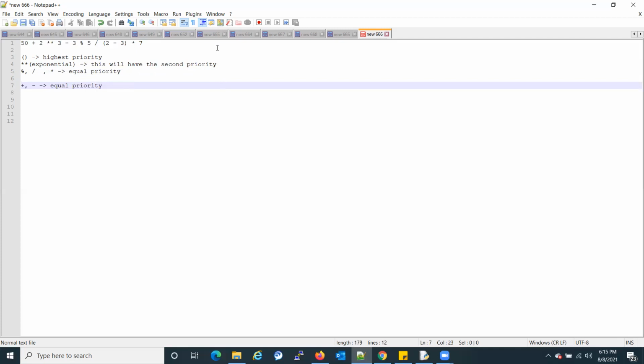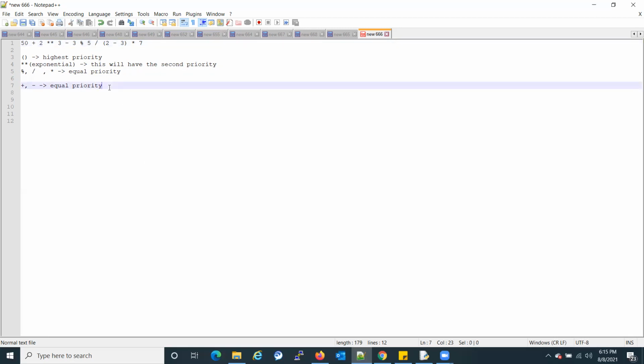When I say equal priority, that means if your expression has operations with equal priorities, say for example here you have modulo, division and multiplication, which will get executed first? It tries to execute from left to right. First this one will get evaluated, then this one, then multiplication. Similarly it goes for addition and subtraction.